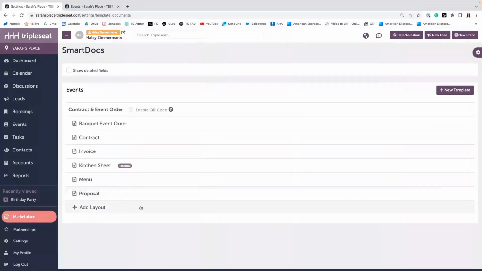So you'll notice, just like on the event level, we'll have our template bolded here on top with our layouts that live underneath that template. So you'll notice when you hover over each, you will see this edit template content button or edit layout on the right, but you can also click just directly on that text. So we'll start with the template here,